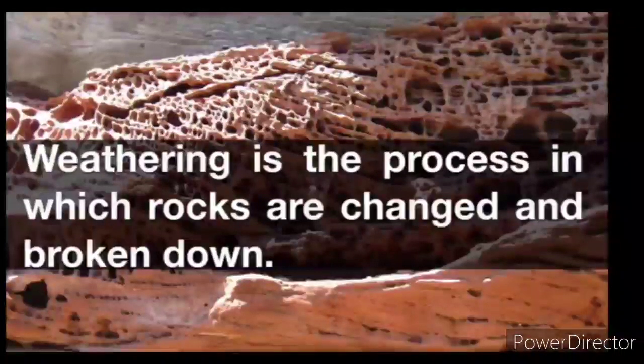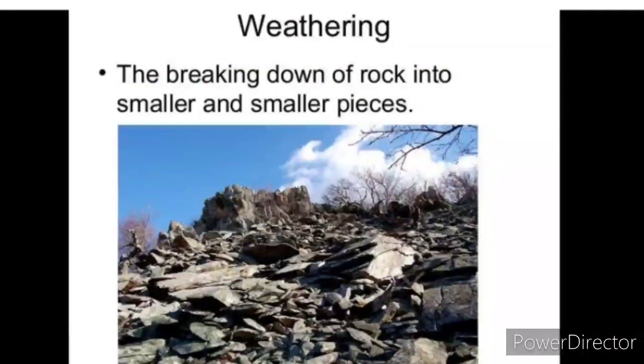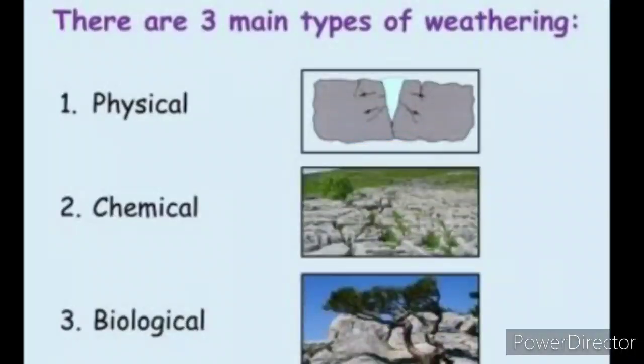And in a simple way, I will describe weathering to you. Weathering is the process where rock is dissolved or broken down into smaller pieces. And there are mechanical, chemical, and organic weathering processes. It means there are 3 types of weathering. Number 1 is physical weathering. Physical weathering is also called mechanical weathering. And the second one is chemical weathering, and number 3 is biological weathering. And in your book you can study about the mechanical and chemical means.